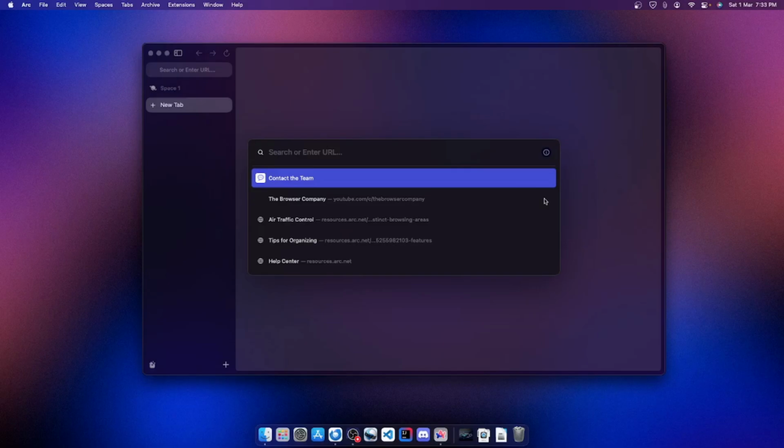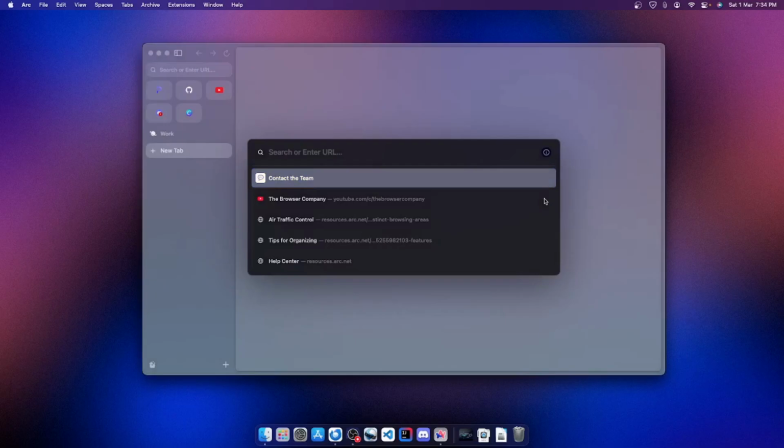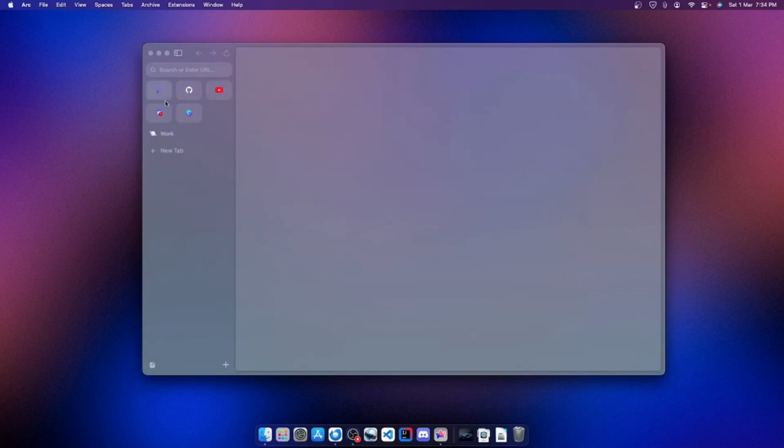What? Oh, wait, I understand what happened here. There actually is an intro for this, but I already signed in. Before, I was testing the Arc browser and I already signed in, so maybe it detected that and put everything here. To fix this, I think I need to clear the app cache and everything. I want you to hear the intro, so I'm going to pause it and do all of that.